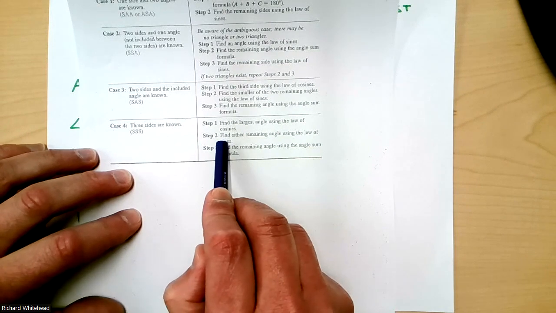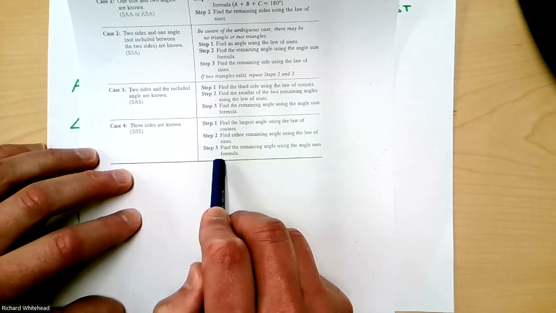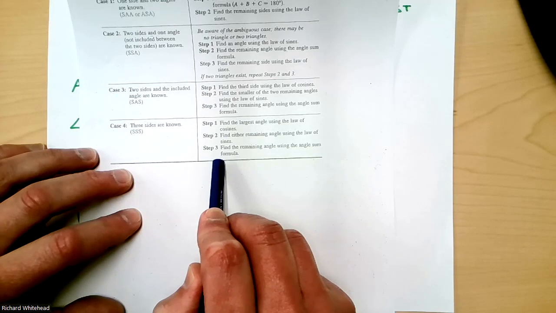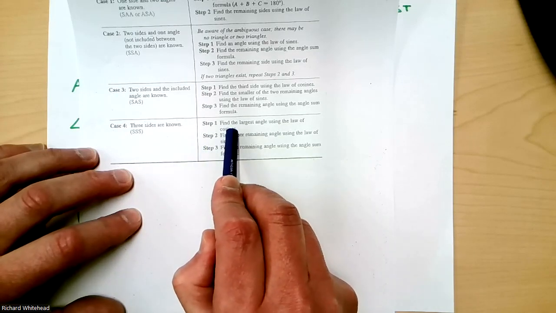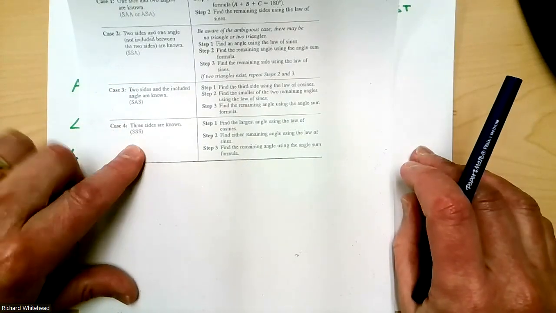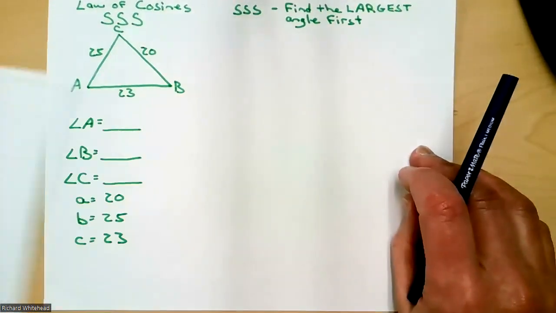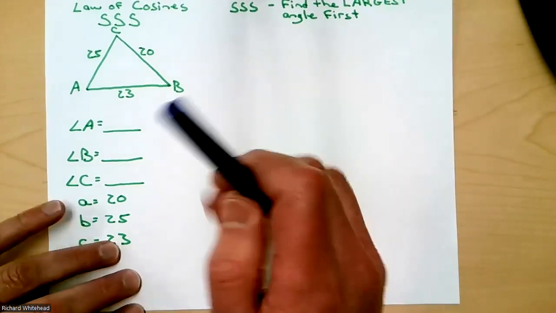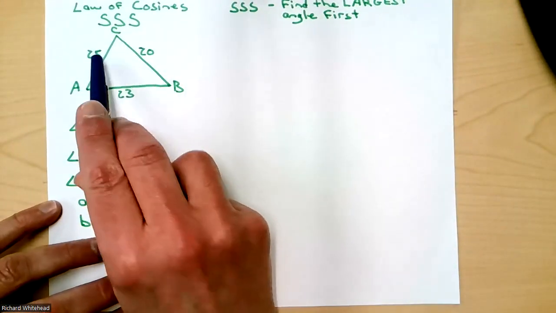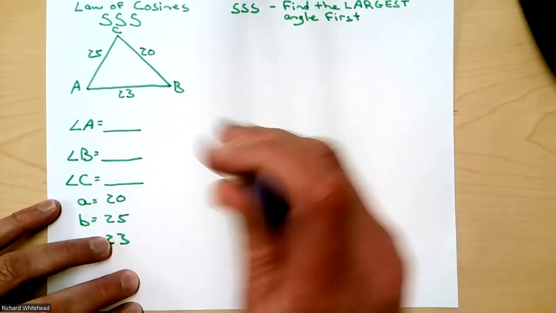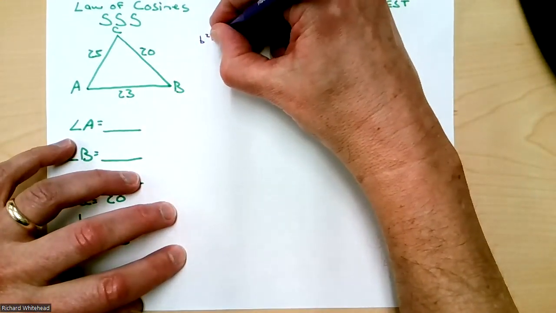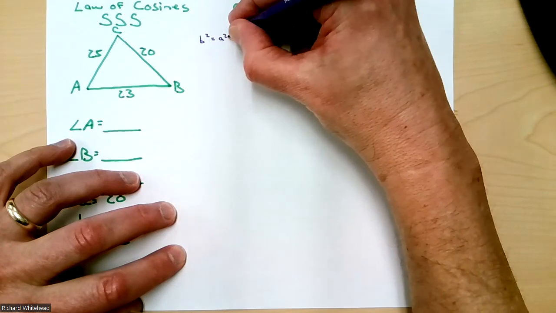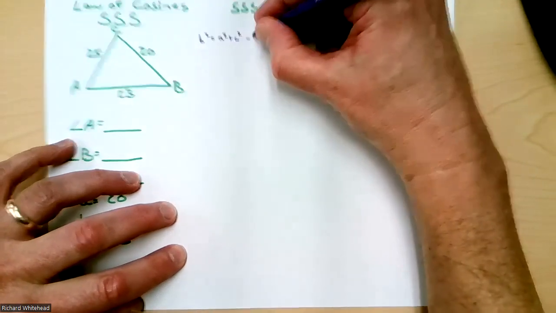Then we use law of sines to find whatever else we need, and then just subtract from 180 to find the third angle. All right, so this is a big deal. Largest angle first when you have three sides. So we would look at this and say, okay, the largest angle is definitely angle B because it's across from the largest side. So that means the formula we're going to have to use is the formula where we're solving